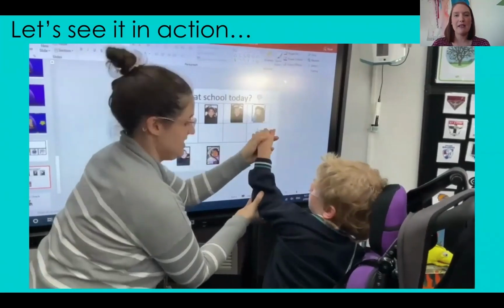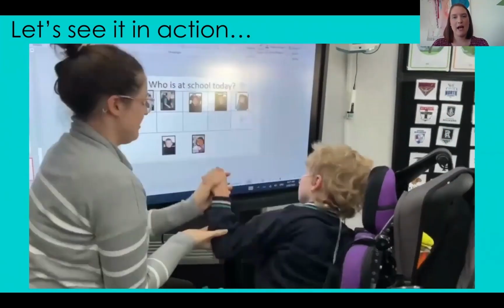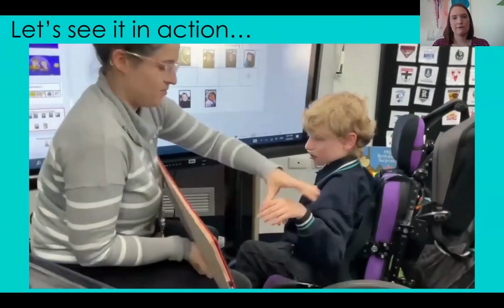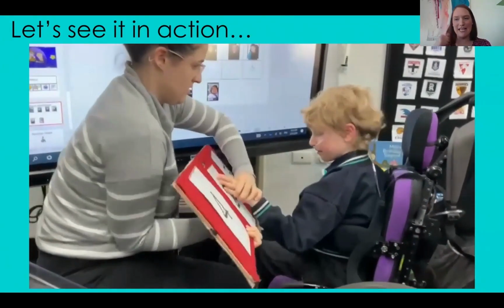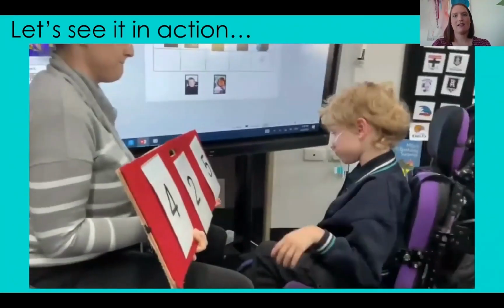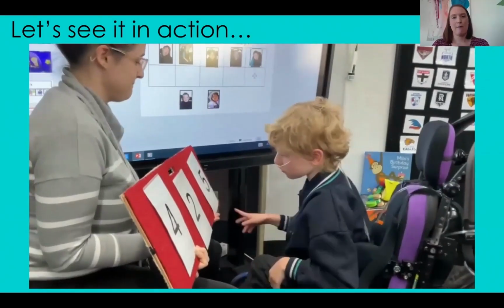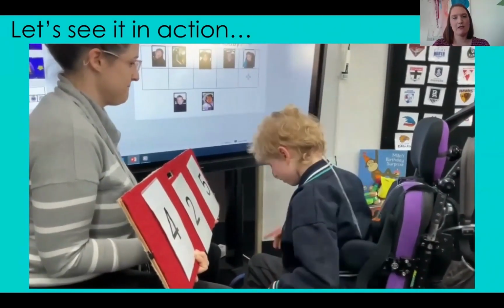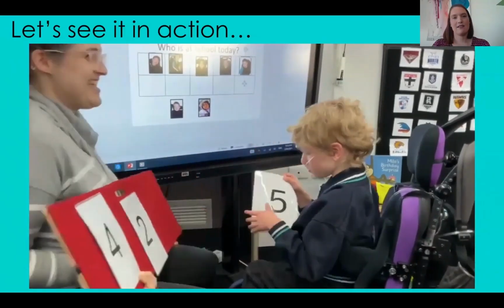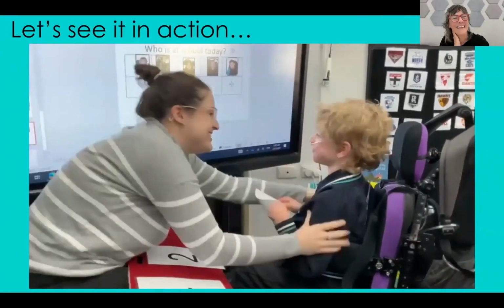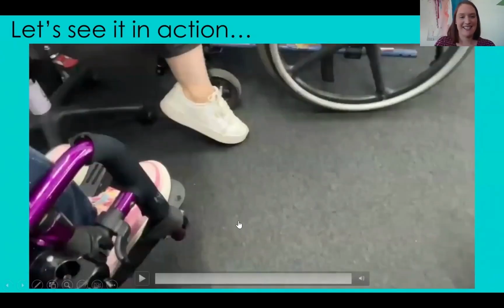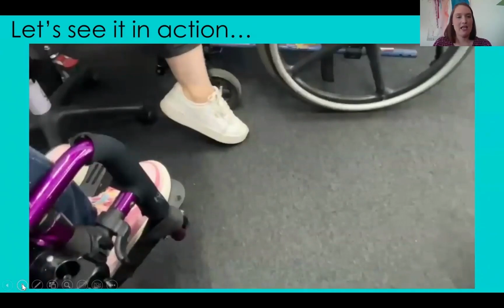So she's prompting him with looking, reminding him that this is where we are, we're up here. He's ready. His hand was ready. He was wanting to do it. How many? He's looking. He does that movement. His body calms. A big smile on his face because he knows how clever he is. So great.